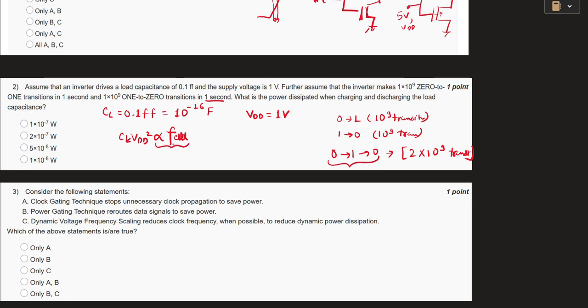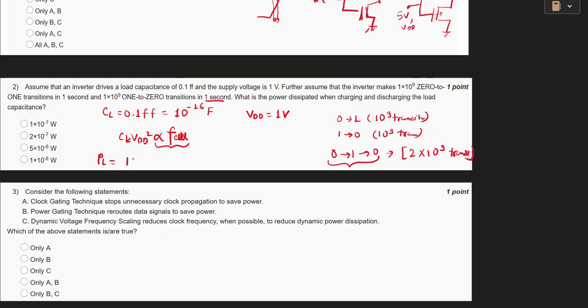This alpha times frequency of the clock is the activity that is happening in one time period. So if you see, in 1 second, 10 to the power 9 0 to 1 and 10 to the power 9 1 to 0 both are happening. So there are a total of 2 into 10 to the power 9 activities happening in 1 second. So it means that the power